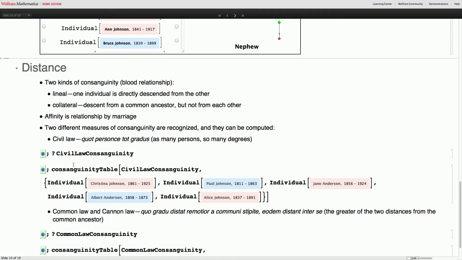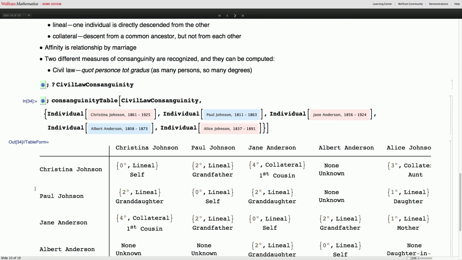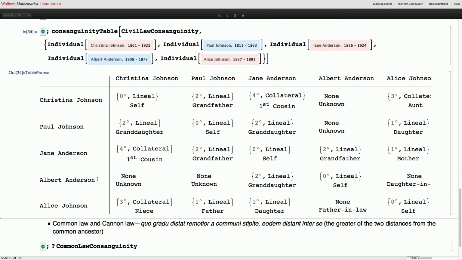Okay, we can also compute consanguinity, in other words, blood relationship. How many degrees are you related to somebody else? And there are two kinds of that. There's civil law consanguinity and common law consanguinity, and they compute it slightly differently. So I've got both of those implemented, and so for these 5 individuals, we can see, for example, that Paul